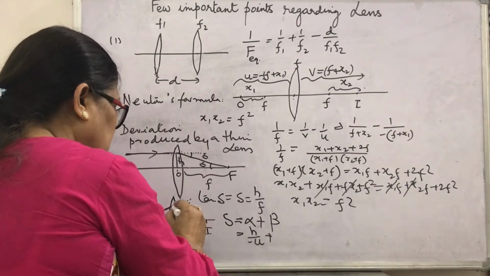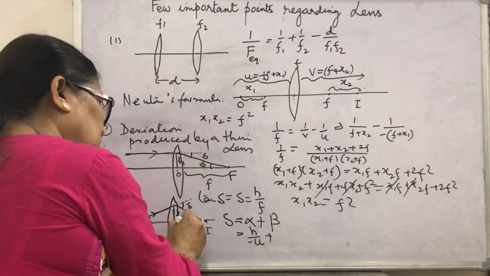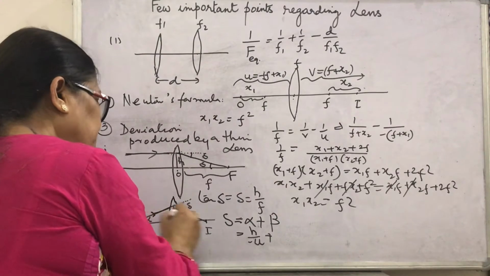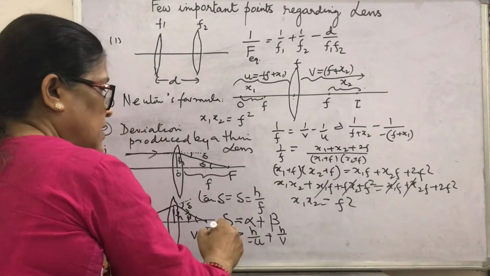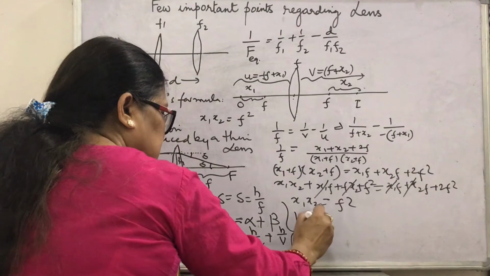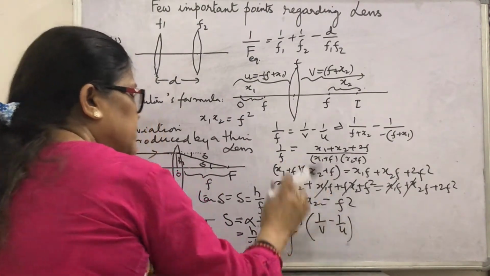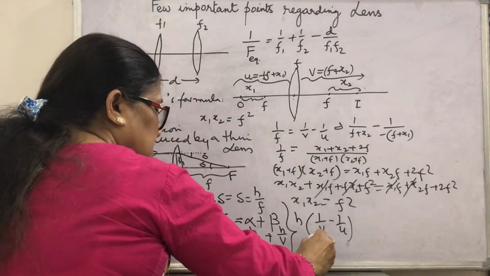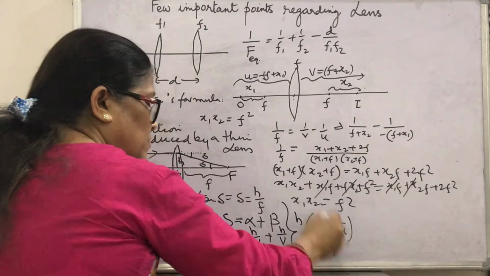In this triangle, this is beta, tan beta is h upon v. In this triangle, this is alpha, tan alpha is h upon u, u with a minus sign, and h upon v for beta. Taking h common, what will you write here? This is 1 upon v minus 1 upon u. What is 1 upon v minus 1 upon u? 1 by f for a lens. So again, what is delta? h upon f. In place of this bracket, 1 by f.